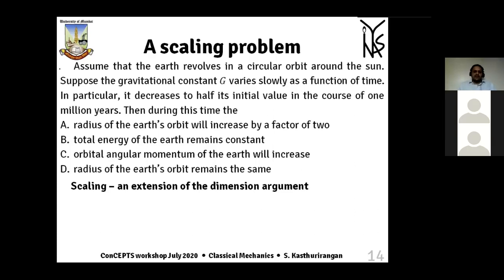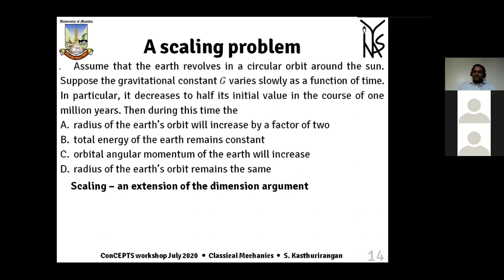First thing, you know that the potential energy term in this case is GMm by r, where G is the gravitational constant, capital M is the mass of the sun, small m is the mass of the earth, and r is the sun-earth distance. So if G is going to gradually go down in value, then the potential energy also correspondingly reduces because it contains G, and you have capital M, small m, and you still don't know what is going to happen to r. But if G decreases, what happens?